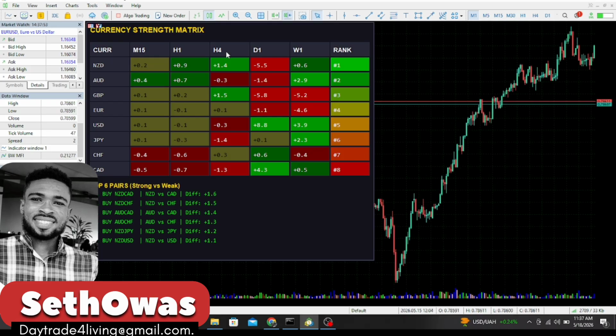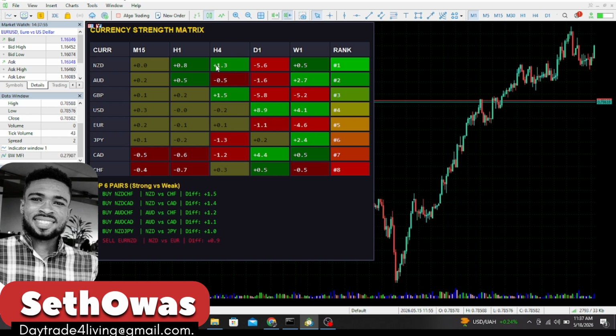So first, looking at it from the currency strength meter, you could see that on the meter we have some currencies that are strong, others that are weak. I'll prefer the NZD and the pound. These are the stronger currencies right now on our chart. Then for the weakest currencies from the H4, we have the yen and the CAD, right? So I'll prefer between the yen and the CAD. So let's